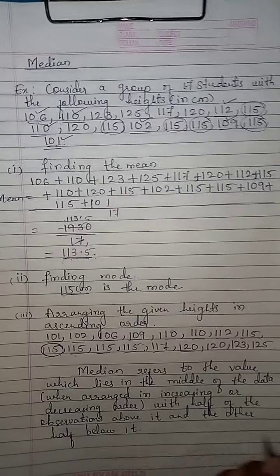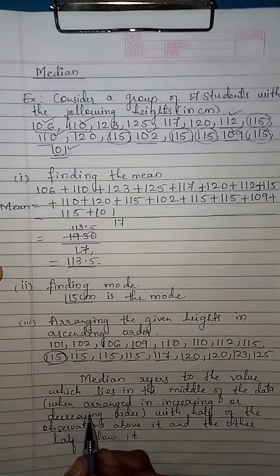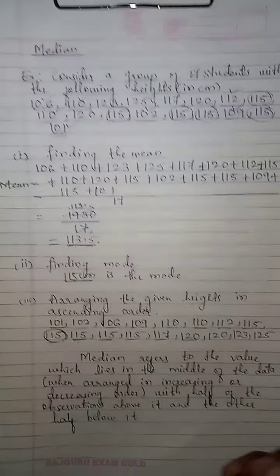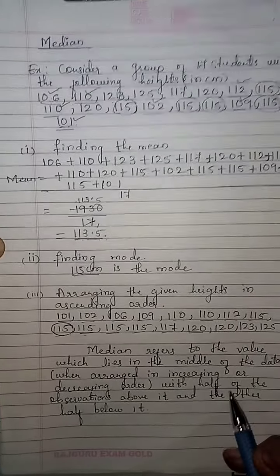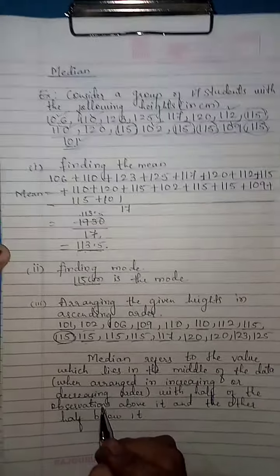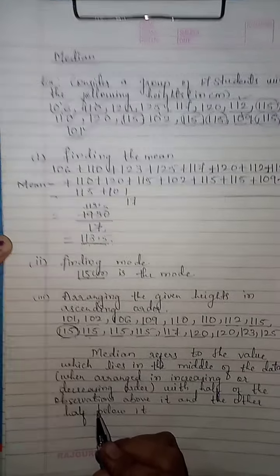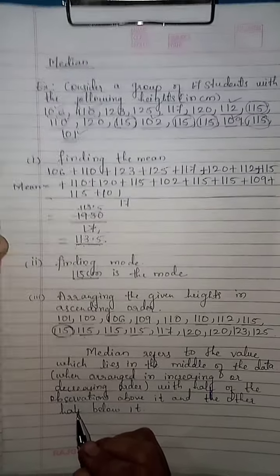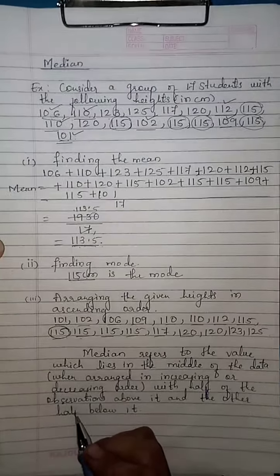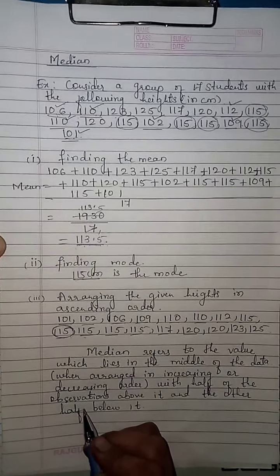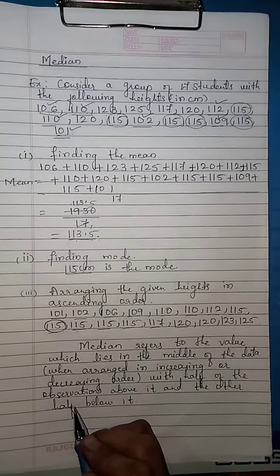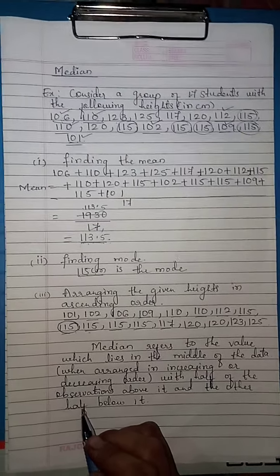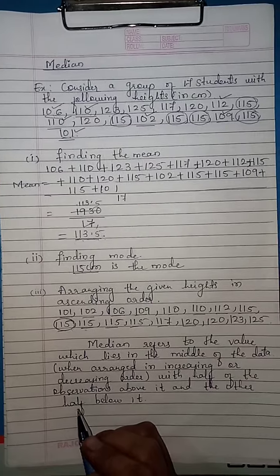Here median means, you should remember, children, the middle value of the given data. It should divide into 2 equal groups. That value we can call the median. Now the PE teacher decides to keep the middle student as a referee in the game. Now here we consider only those cases where the number of observations is odd.